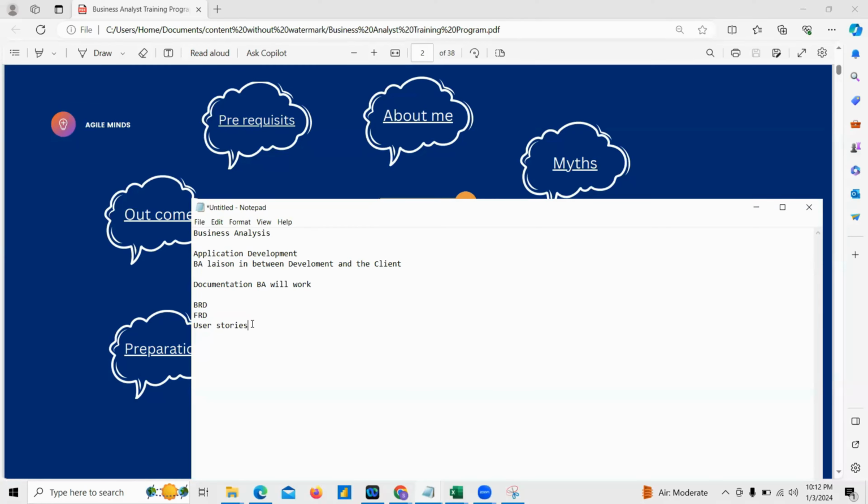Since a BA always talks from the business perspective, it is not required for a BA to get into the technical aspects, or to come into BA from a technical background. If you are able to understand the business, and if you are able to talk fluently with the client about the business, then you're good to go. You can handle the business analyst role very easily. That is the reason technical knowledge is not required for a BA.